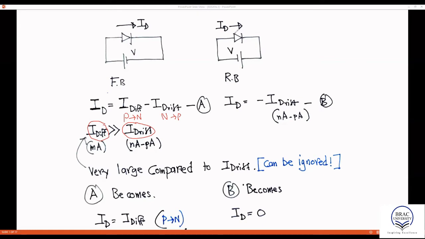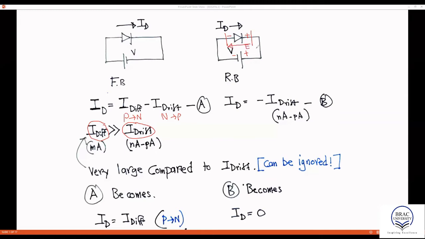On the other hand, when the diode is reverse biased, the connection is made in such a way that the P side of the diode is connected to the negative terminal of the voltage source, and the N side of the diode is connected to the positive terminal of the voltage source. So this external voltage causes the depletion region width to be very big. So we have got a higher depletion region width. So therefore, the